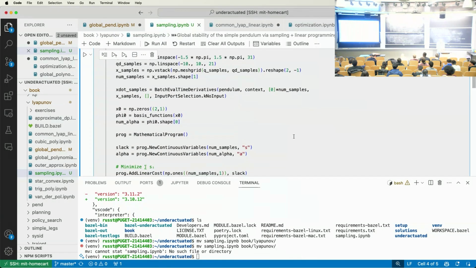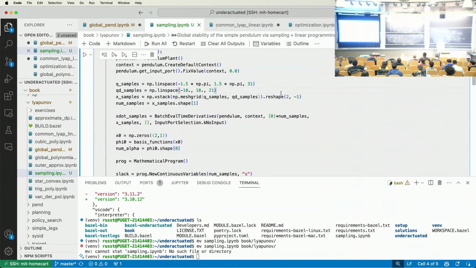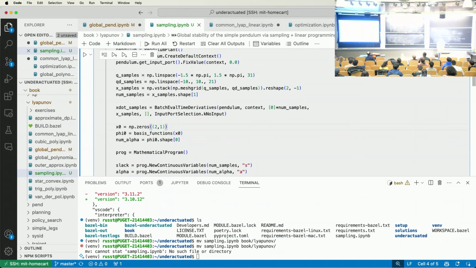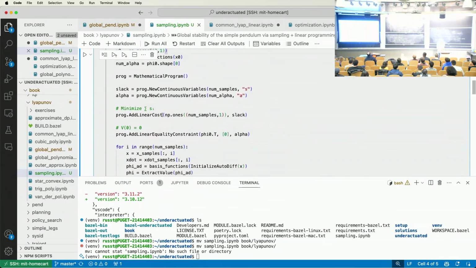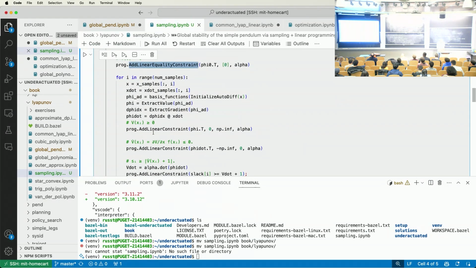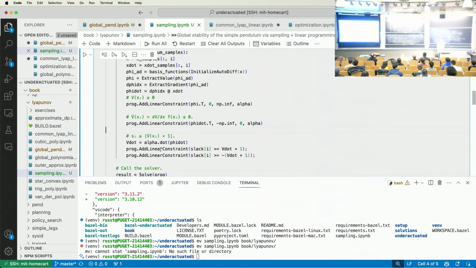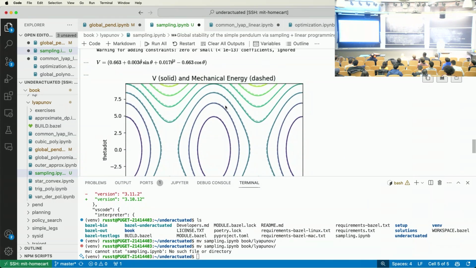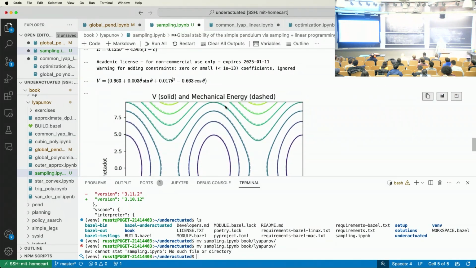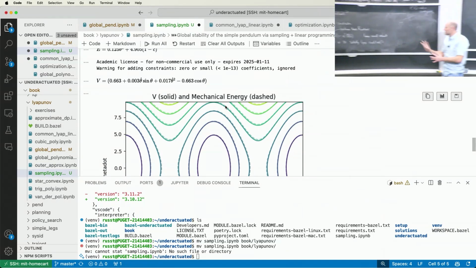And then I take my sample points. I just made some uniform samples across the grid. I evaluated the derivative at those sample points. I made my mathematical program, added some linear costs and constraints. Okay. And this does almost exactly the same thing as I did with my beautiful example that I like